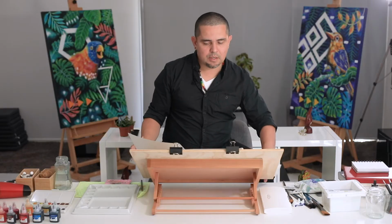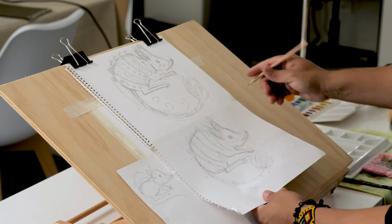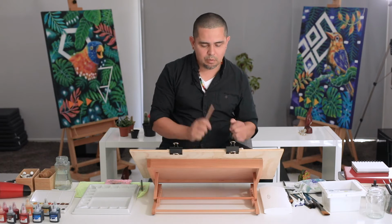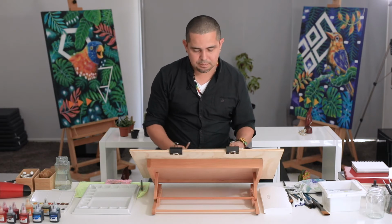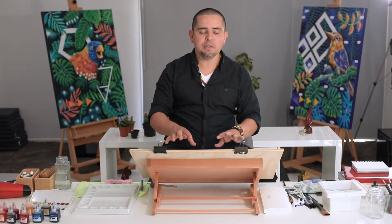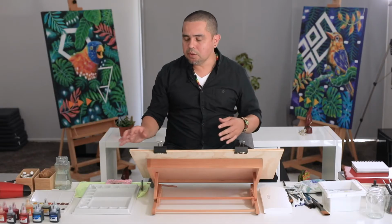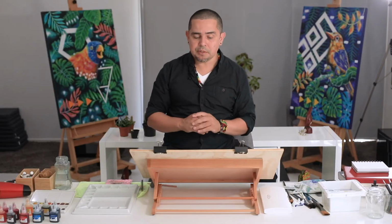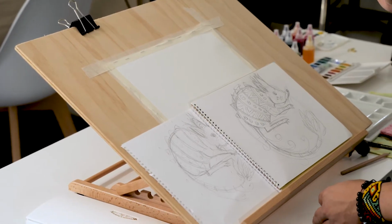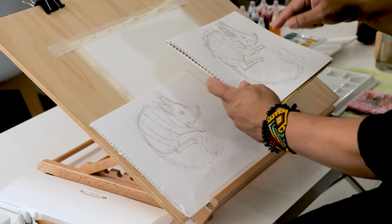We start doing some small sketches like this one, and finally we decide to work on one of these. Now let's draw it on the watercolor paper and start painting. Now I'm going to explain to you guys how to transfer this to your watercolor paper, but before that I'm going to show you the materials that we're going to use, and as well we're going to do some small exercises just to have different patterns and different ideas,